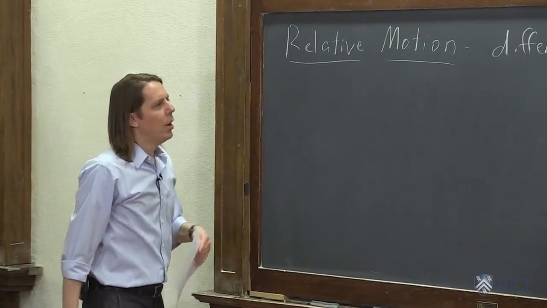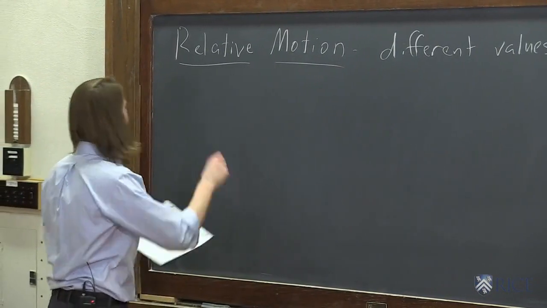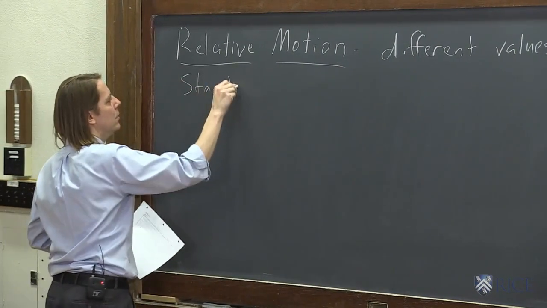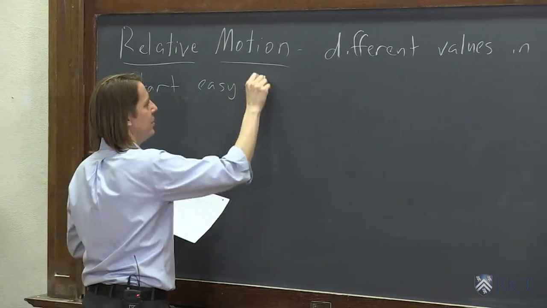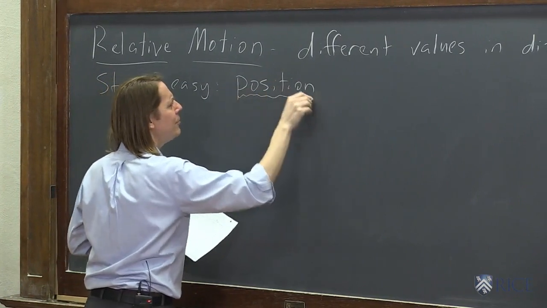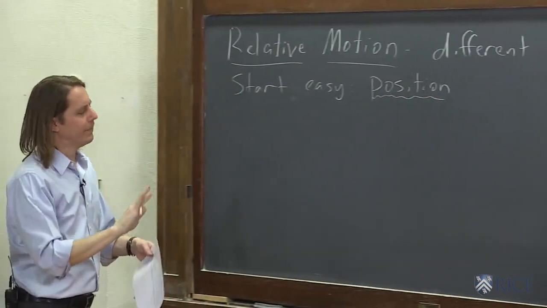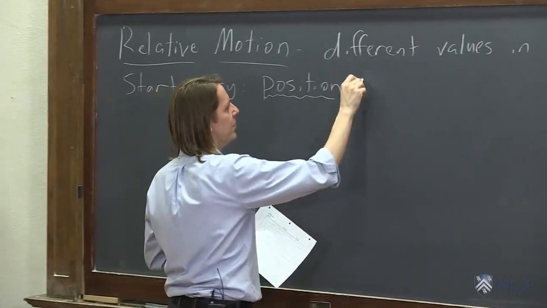Let's see. So I'm going to start, though, with really not getting into velocity. So we want to start easy. Let's start easy. Start easy with position. Often people want to jump straight to velocity for relative motion. No. Start with position. And let's consider the position vectors